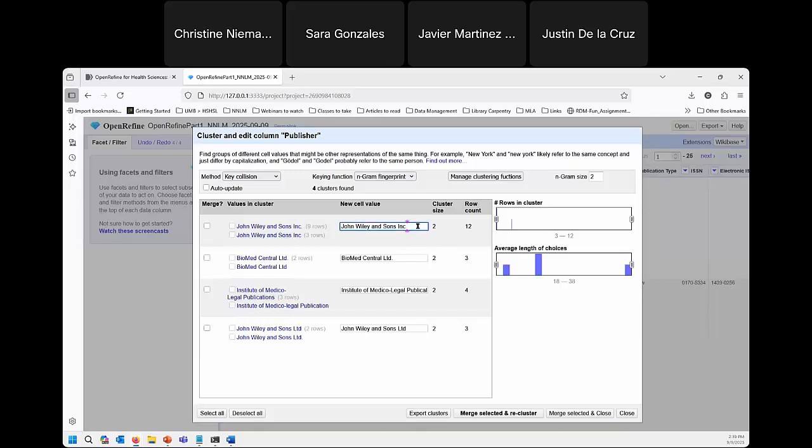By default, OpenRefine is going to select the entry that appears most frequently in the new cell value box, but you can also edit the text that's in the new cell value box. So if it was actually supposed to be Biomed Central Limited instead of abbreviated, or maybe there's supposed to be a period on the end or not, if you select the entry that you want to be the new cell value, it'll fill that in. And it also is showing you the size of the clusters and the number of rows that